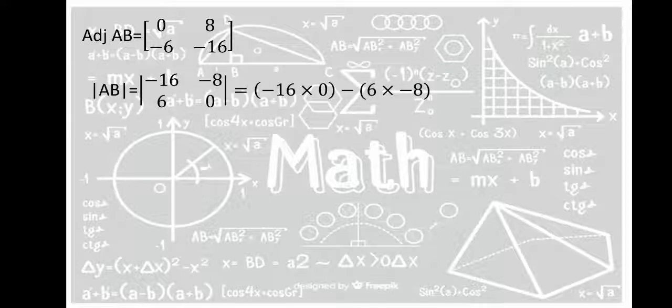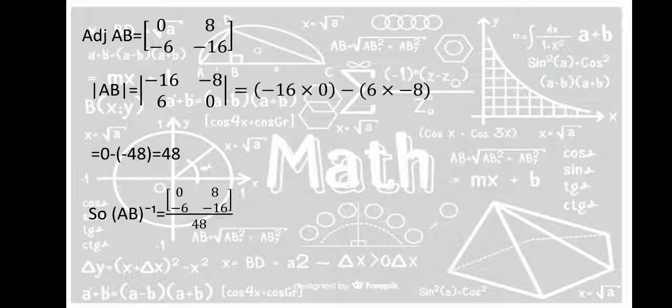So determinant of AB is -16 -8 6 0. -16 will be multiplied by 0, -6 multiplied by -8. So -16 multiplied by 0 is 0, -6 multiplied by -8 is 48, minus minus is plus, so it is equal to 48. Replacing in (AB) inverse, that is equal to adjoint of AB over determinant of AB, it will become